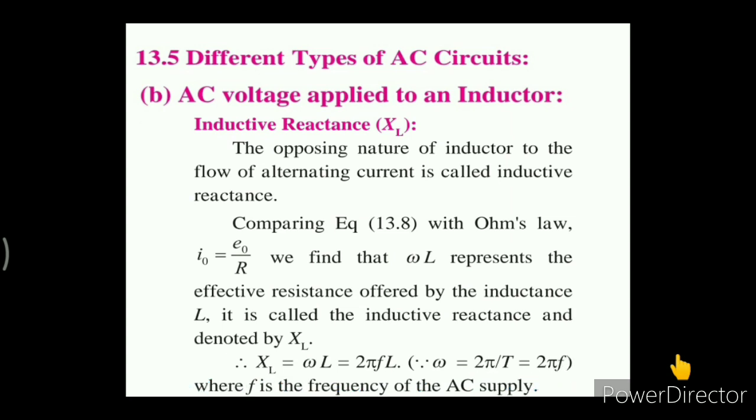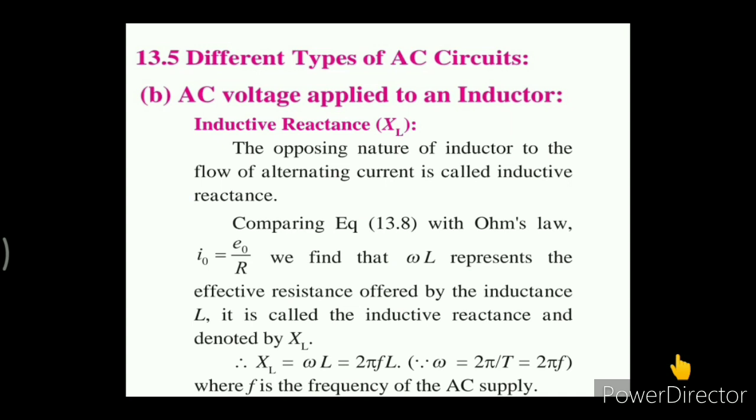After discussing all these things, let's see the inductive reactance. The opposing nature of the inductor to the flow of alternating current is called the inductive reactance. As we know, when alternating current flows through a resistor, it offers opposition, which we term resistance, to the flow of current. And in this case, when the inductor is connected with an AC supply,